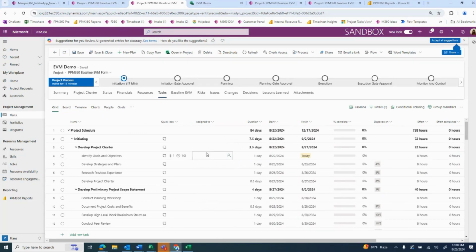Another thing I can do from this window here is assign resources to tasks. So I'm going to go ahead and assign myself to this task. And I'm also going to go ahead and assign, for example, Megan. Now, when I assign Megan to this task, it's going to ask me if I want to add her to